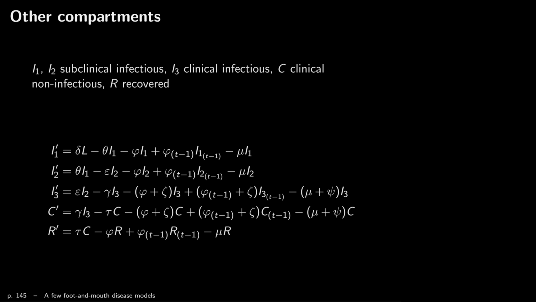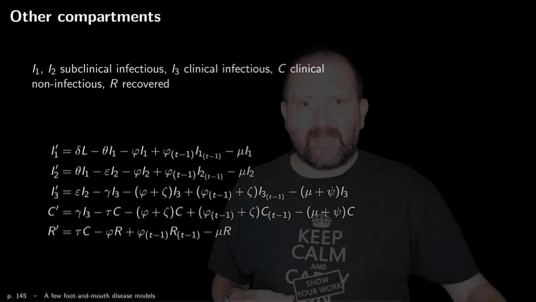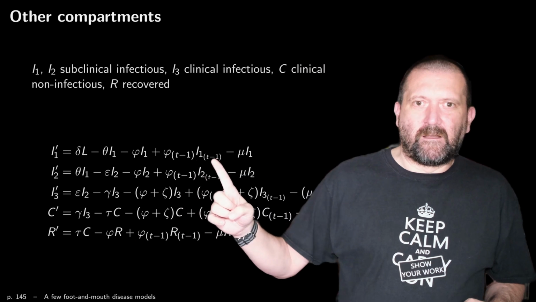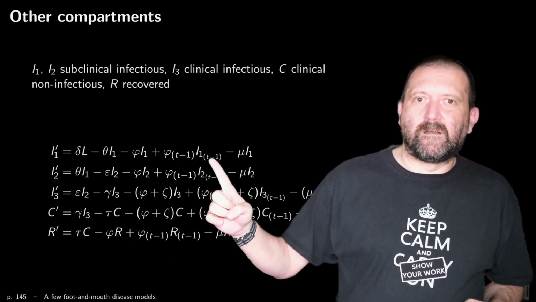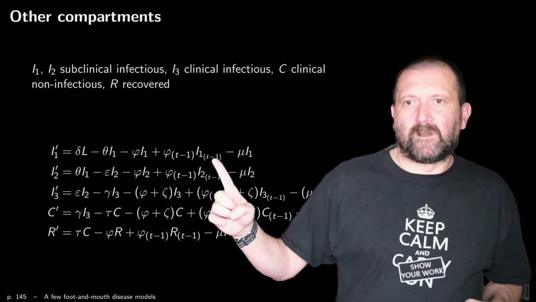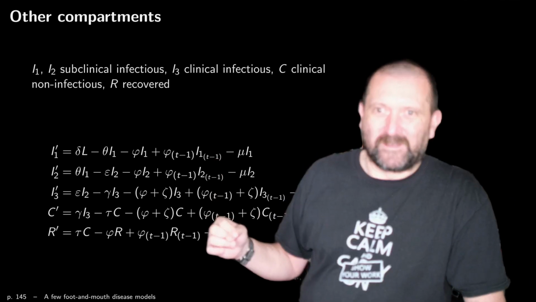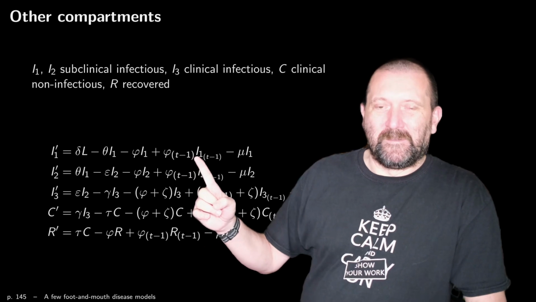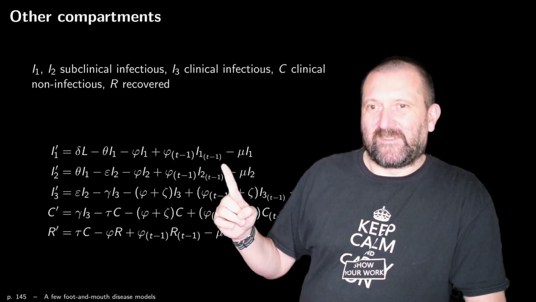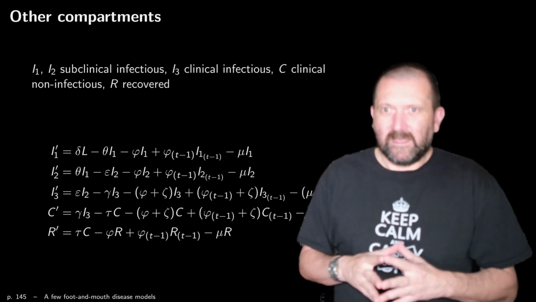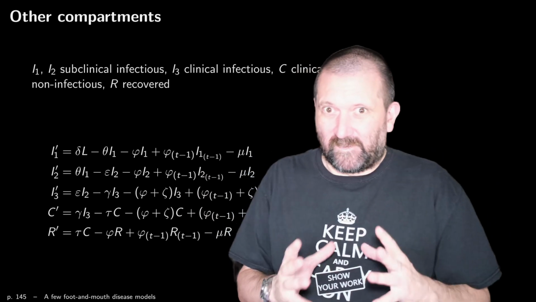As I pointed out, you can see that there is a time delay here. So this is the state of I1. This notation is a little non-standard, but I followed the one in the paper. This is I1 at time t minus 1, etc. Okay. So this is the model